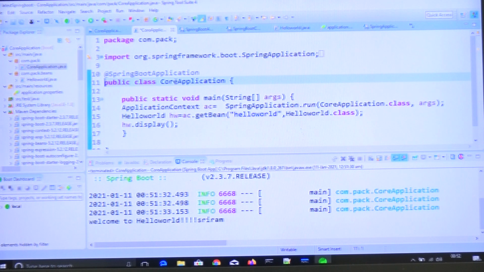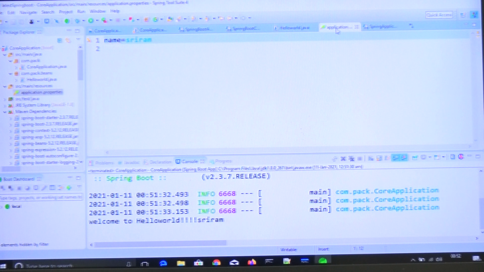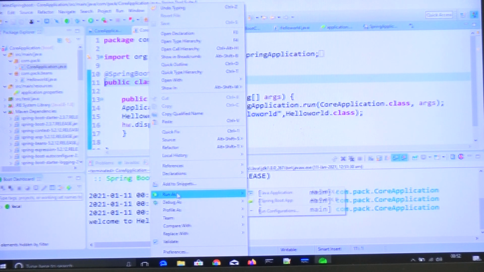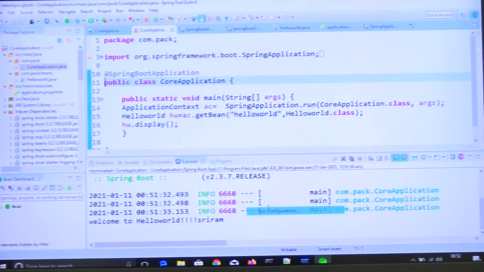So all the annotations can be covered, like the @Autowired annotation, @Value annotation, like this. For example, now we are sending the parameters inside the application.property file. The same properties we can give as command line arguments also. How are we going to give the command line arguments? Run as, run configurations.